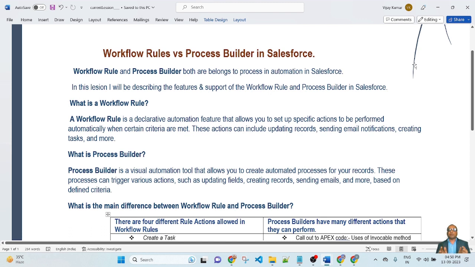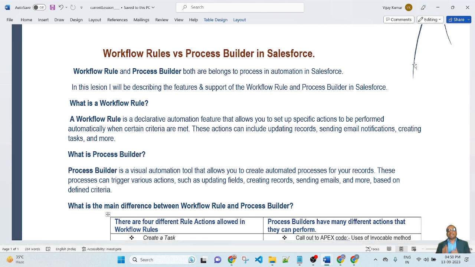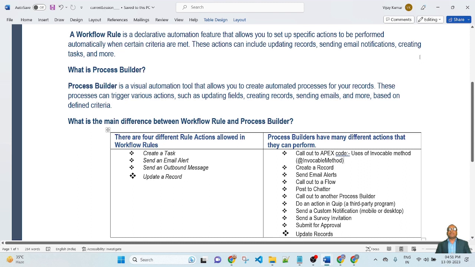Process Builder is a visual automation tool that allows you to create automated processes for your records. These processes can trigger various actions such as updating records, creating records, sending email, and many more based on your defined criteria.